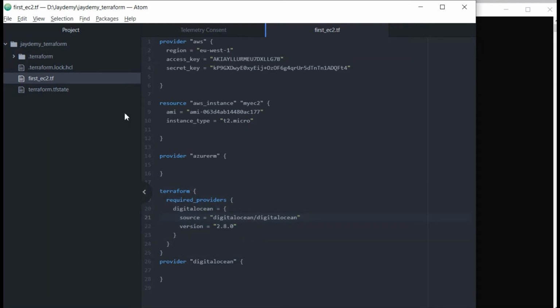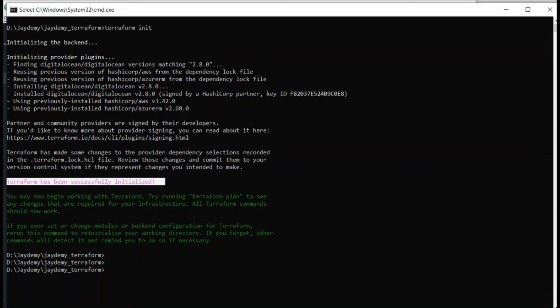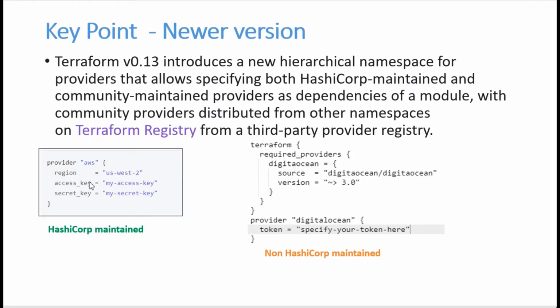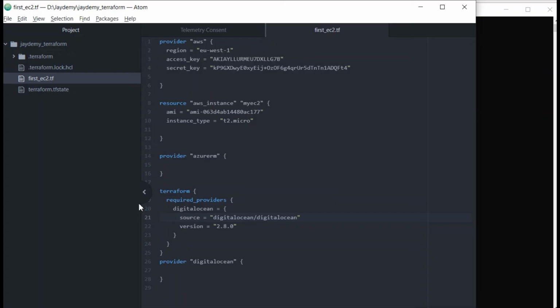I hope you understood this high-level overview. Even in AWS, we didn't give any required providers, even for Azure. When we executed, we didn't get any error because it is maintained by HashiCorp. You don't need to worry about that.